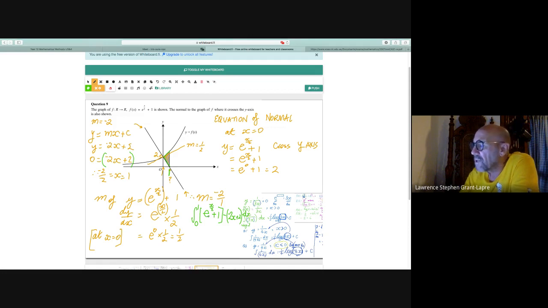Okay, so the integral of e to the x over 2 is e to the x over 2 divided by a half, because we're doing integrals, we divide by the derivative, plus 1x, because the integral of 1 is x, minus,